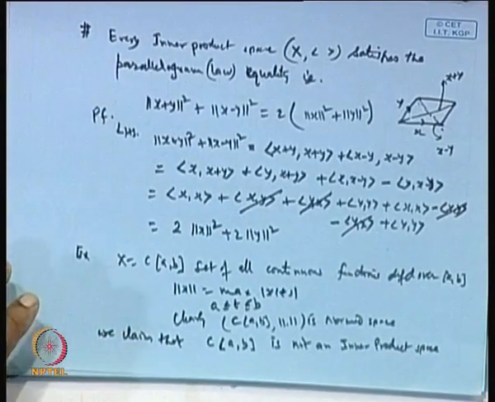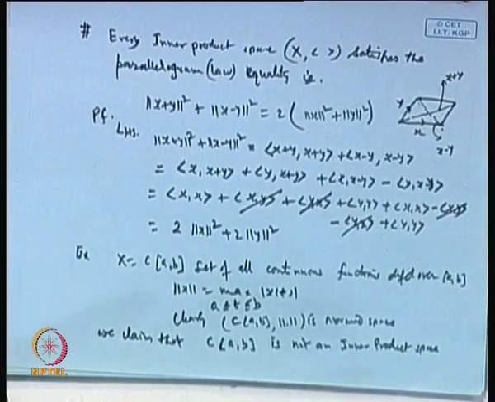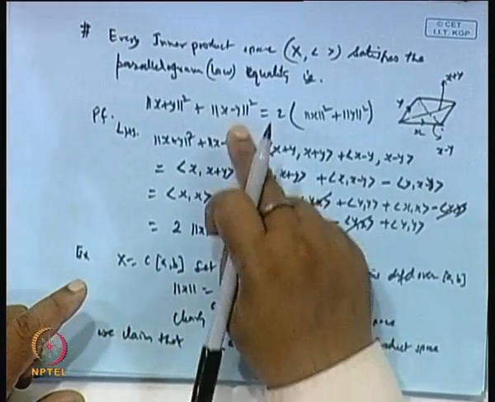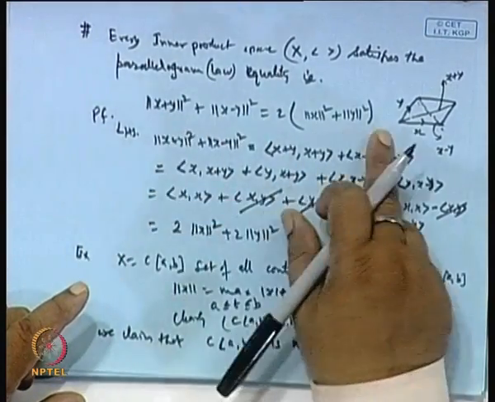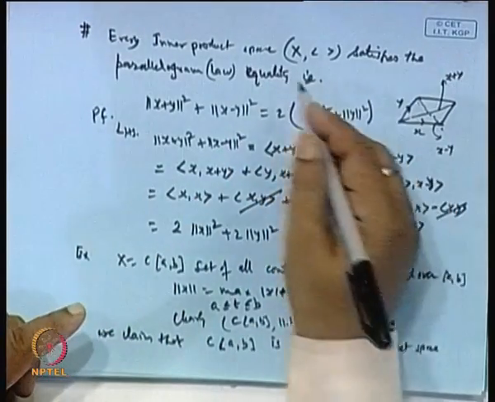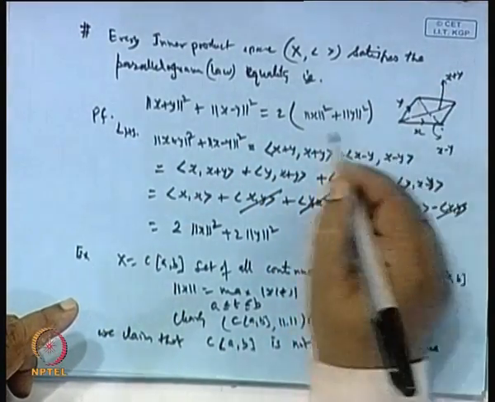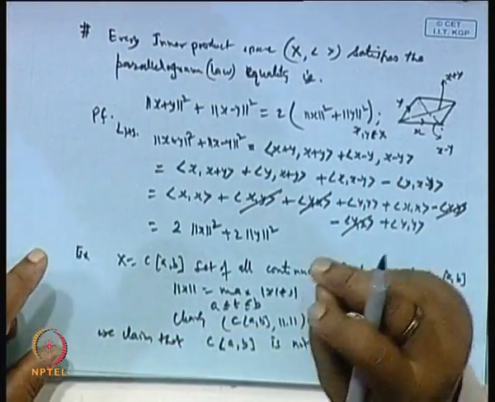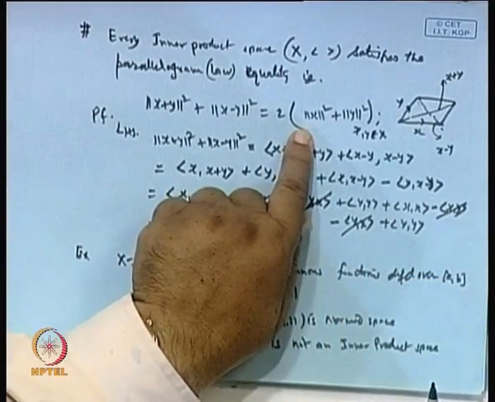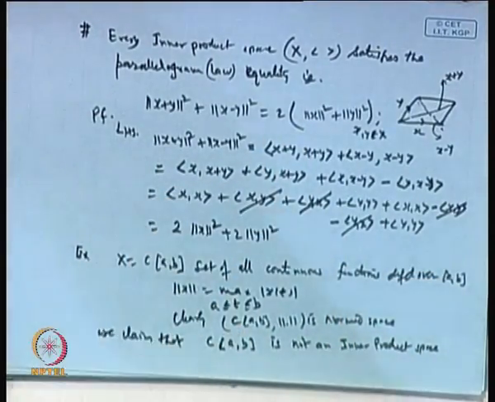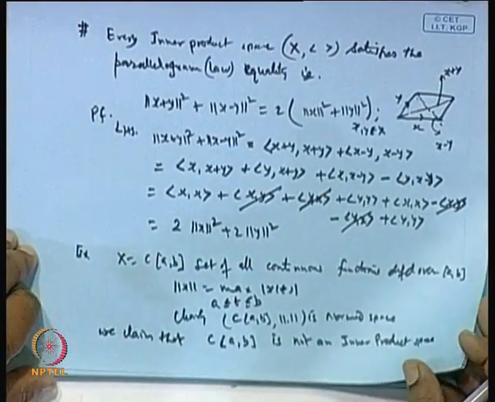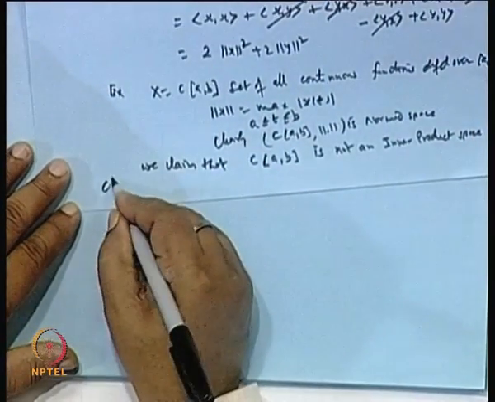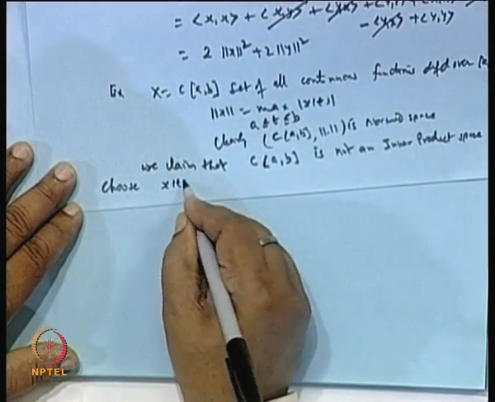Is not an inner product space. It means the norm which you have taken does not satisfy the parallelogram law. This inequality is true for any x, y, is it not? So if I take a particular x and y which violate this condition, then obviously this space will not be an inner product space. So let us take the x and y,